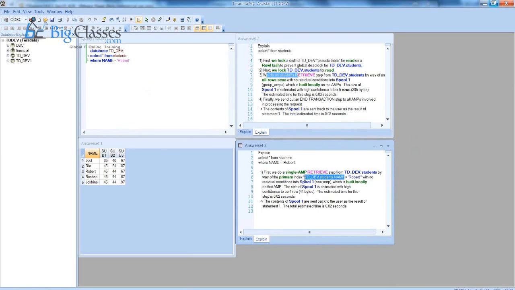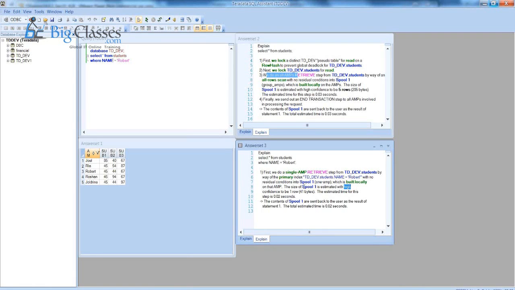So now what happens is, when I say name is equal to some name, that is the primary index on the table. So name will have only a single-AMP operation with one row, and it's saying with high confidence. That is what I mean when you say with the primary index.